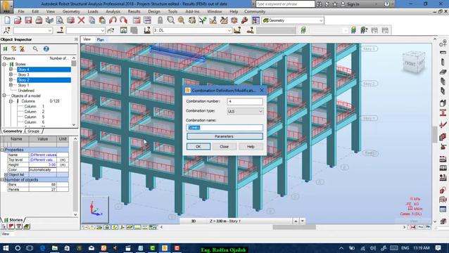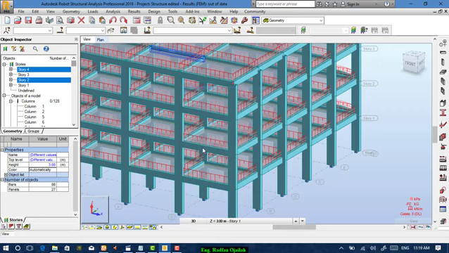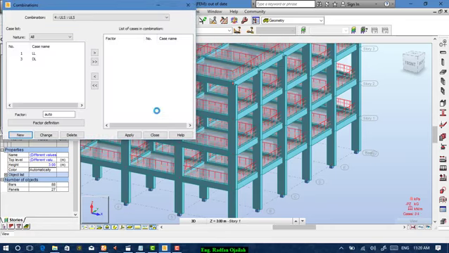We name it as ULS as ultimate limit state. Live load,